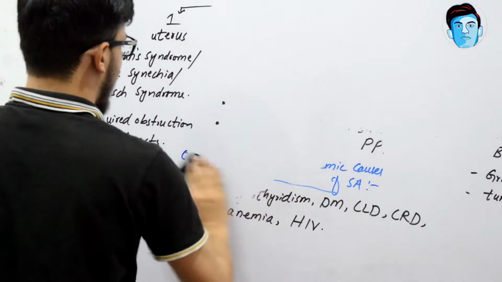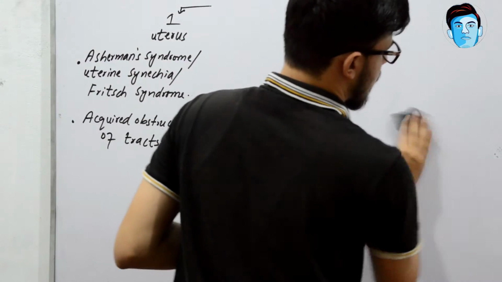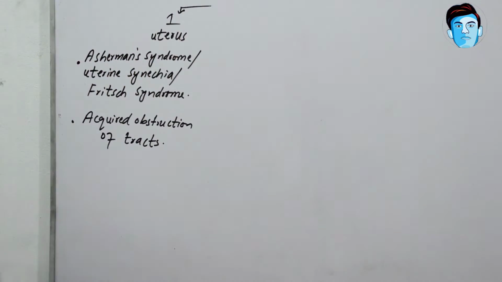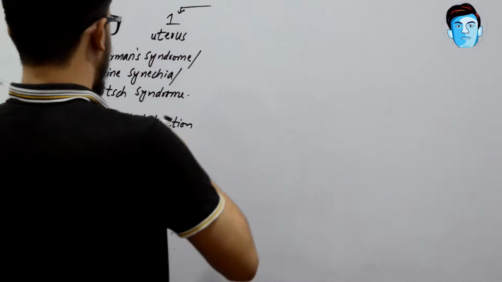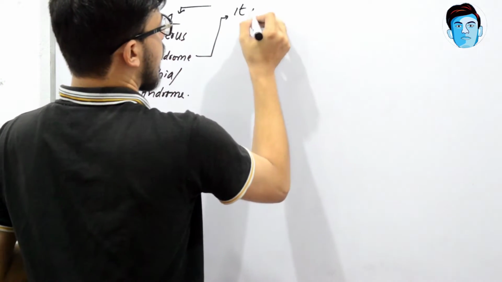It is also called Fritsch Syndrome. Now what is Asherman Syndrome? So let's define Asherman Syndrome. Asherman Syndrome is actually an acquired condition